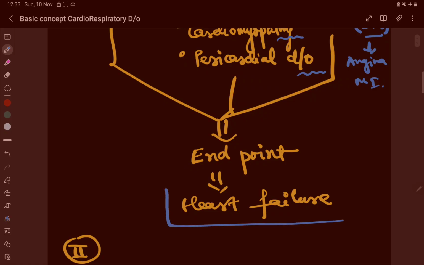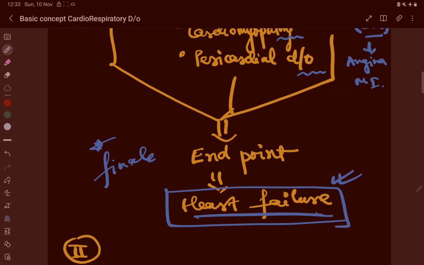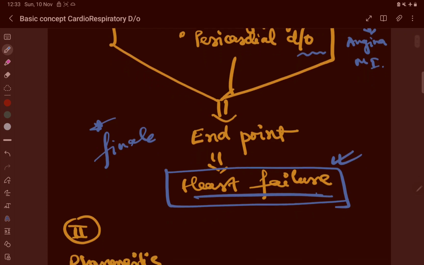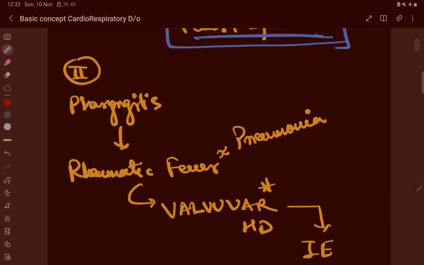Now the most important is the end point or the finale. The final destination of all the disorders leads to heart failure. So in the end we're going to discuss heart failure and how we're going to manage a patient with heart failure. Okay, the second part of the video